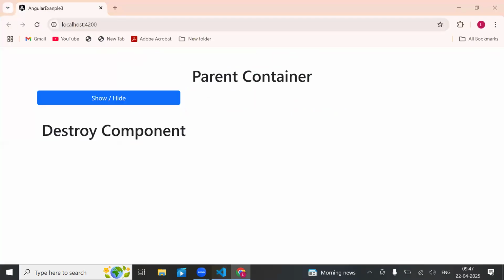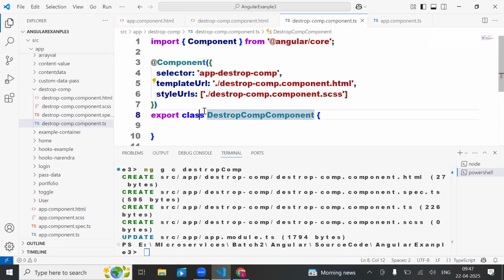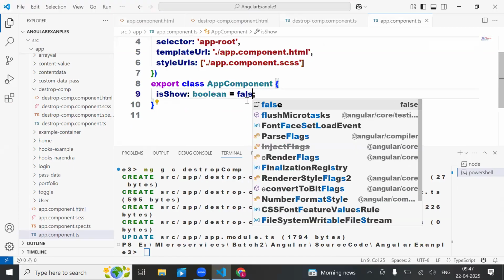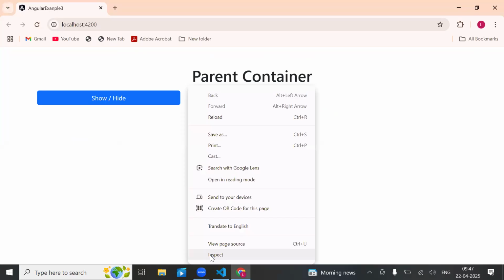Everybody, see, if I go and change it to false, what will happen? Component is not available. Am I right? Yes, sir. Ranjit, Venu? Yes, sir. Component is not available. Now, if you look into the inspect element,